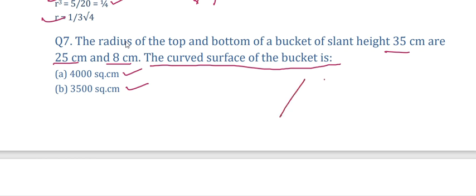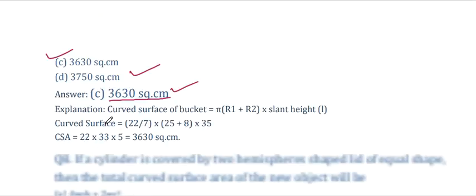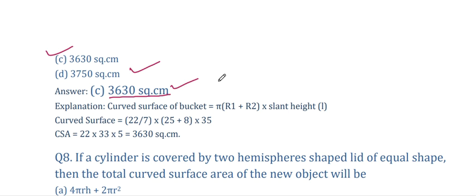Am I right? Okay. Radius is, you can see at the bottom, this one 8 centimeter, this one 25 centimeter, and height is here, you know very well. Okay, so we go with that explanation. Curved surface area of bucket equal to pi r1 in bracket r1 plus r2 into slant height, right? The curved surface area 22 by 7 into 25 plus 8 into 35, right? So what we get? Curved surface area 22 into 33 into 5